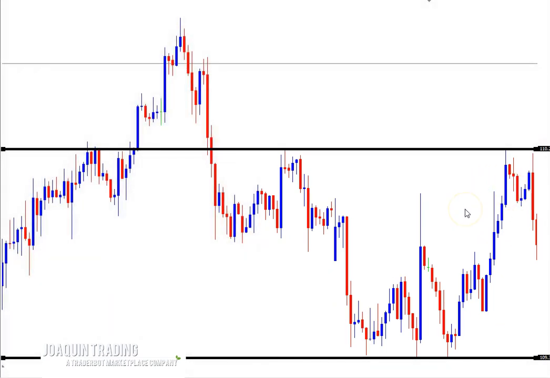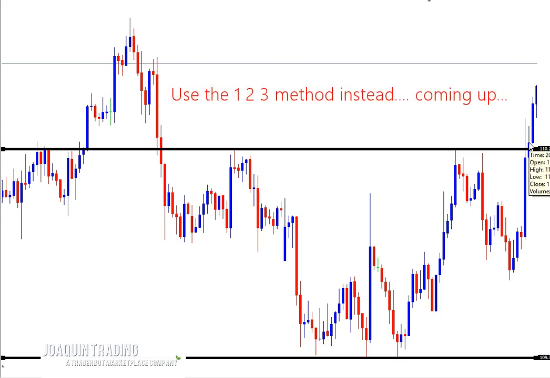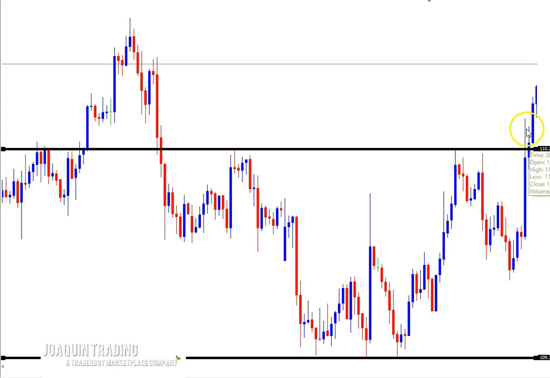So what are we going to do? Well, we're going to wait for price to break out. And price broke out here. A lot of times people say, well, buy on the breakout. Well, you can't do that because you don't know if it's a breakout. It may be a zone. It may be a support or resistance zone where maybe price will break out for a few pips and then